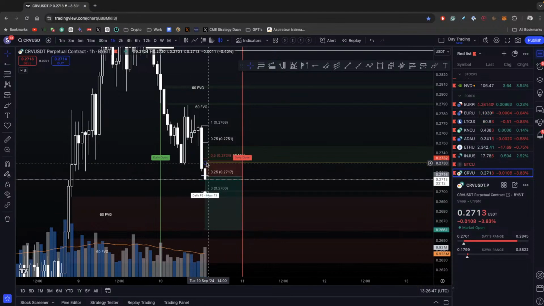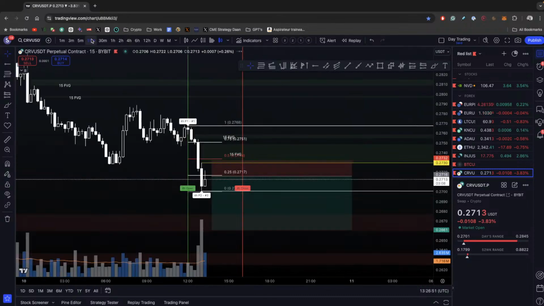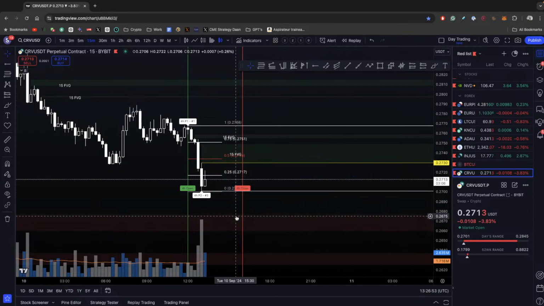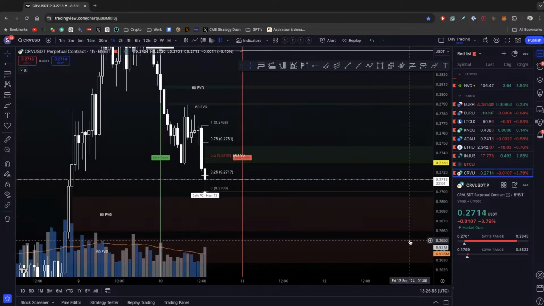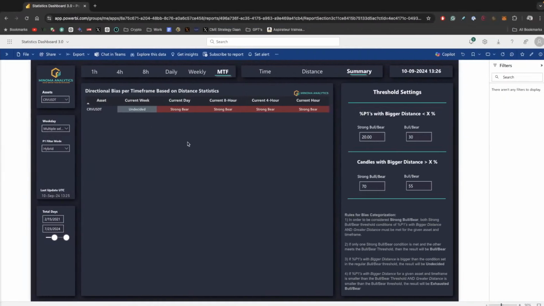Where you say, well, the current hour high is going to hold, so I might as well trade into that. But I don't think I personally do that, but each their risk tolerance, right? It is something you can look into. Because right now it is looking like, I mean, look at that. Strong bear, strong bear, strong bear, strong bear. And that's on hybrid, so you could also check conservative.